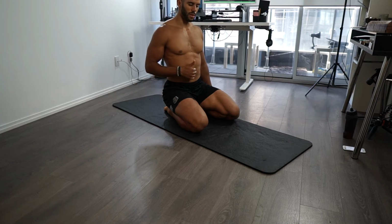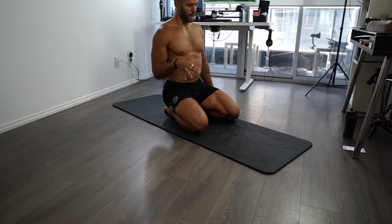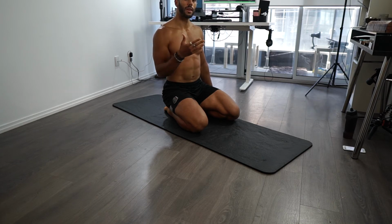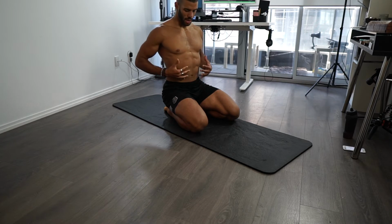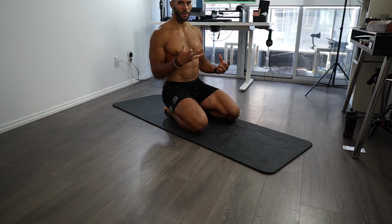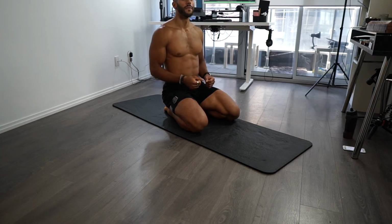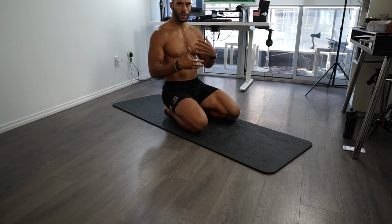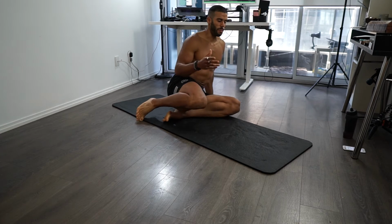But the key to the vacuum is really to try to inhale not with your chest, but with your abdomen. It's called abdominal breathing. And try to do it just with your nose. Inhale, hold 3 seconds, and then exhale. It's a great movement to keep that gut in check, and it will also allow you to keep calm when you feel tense. It's a good way to cool down. When you use abdominal breathing, and I'm going to do a video on that, it will help calm you down. Very good for meditation